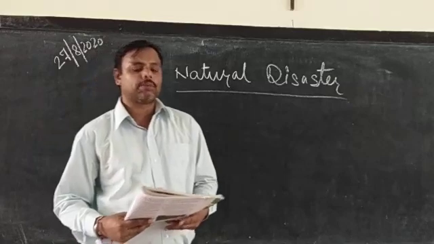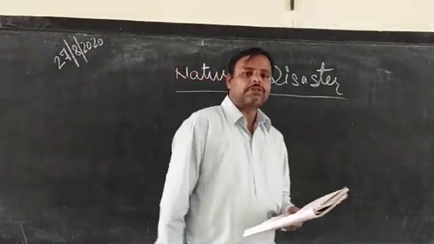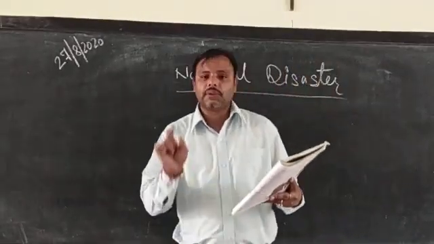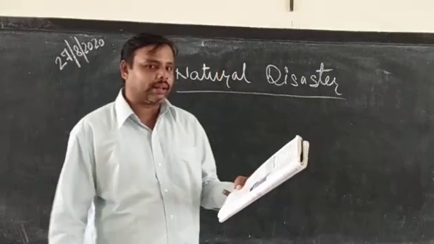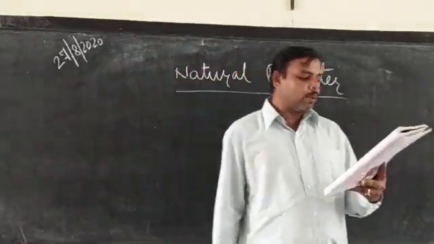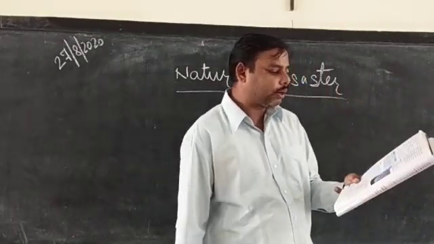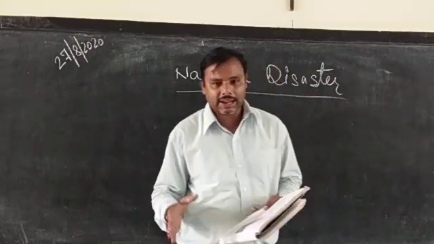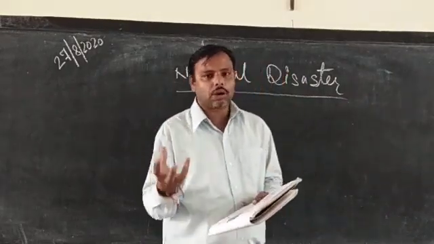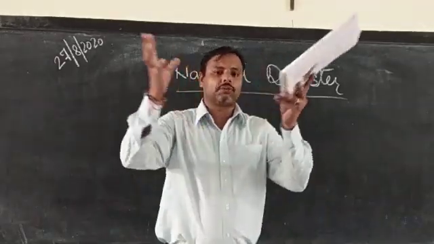Now, what are the causes of eruption, or why does a volcanic eruption take place? Volcanoes erupt due to various causes. The hot matter, that is lava, in the interior of the earth is forced up with the pressure of the crust. It comes out through a hole or a crack at a point and accumulates around it. Wherever the crack is, it will come out and sprout out like a seed, and slowly and steadily it will take a larger form.